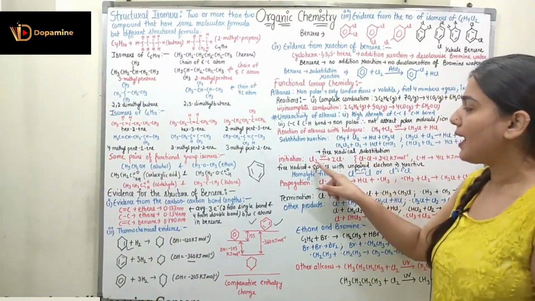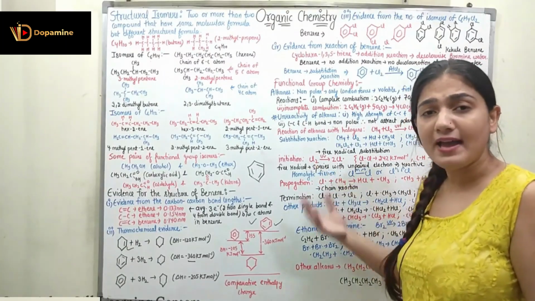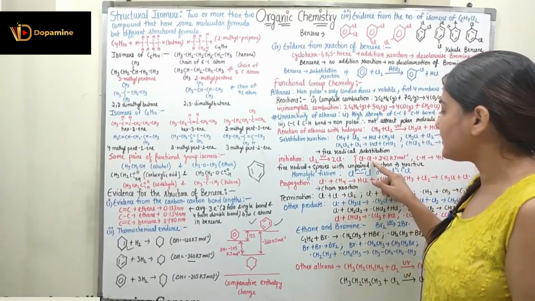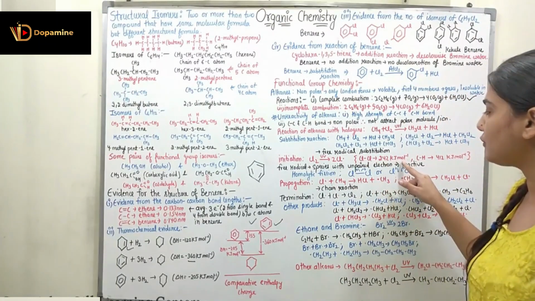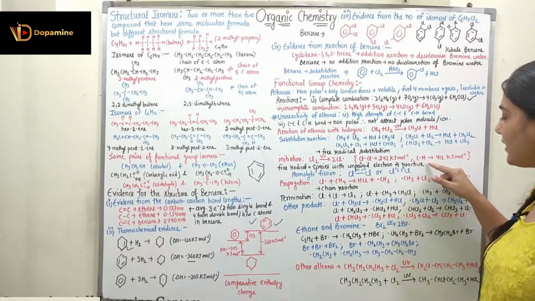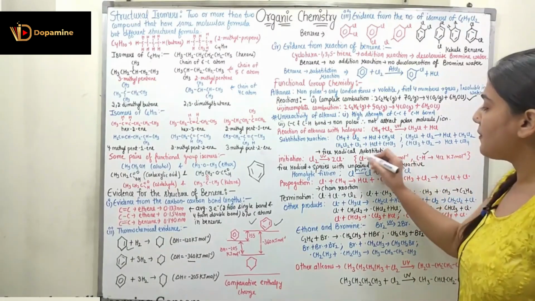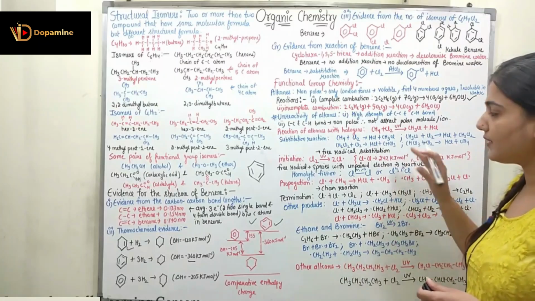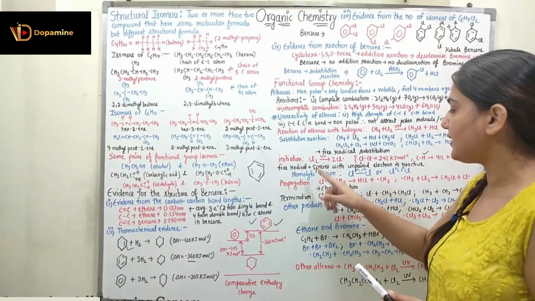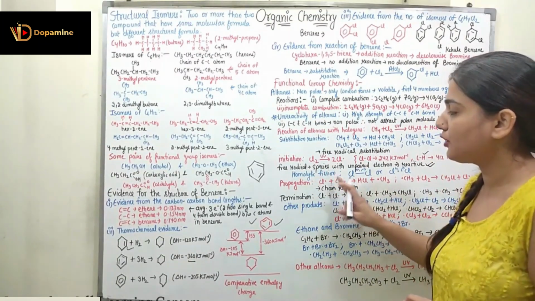If I have UV light, the alkane and chlorine, why do I form only the chlorine radical and not the alkane radical? Because the Cl-Cl bond has an enthalpy of 242 kilojoule per mole. To break it, 242 kilojoule per mole of energy is required, but to break the C-H bond, 412 kilojoule per mole is required. So the C-H bond is stronger, whereas the chlorine-chlorine bond is weaker and will break to form the free radical. Mostly the chlorine free radical will be formed first, and free radicals are species with an unpaired electron, and these are very reactive. These are formed due to homolytic fission.